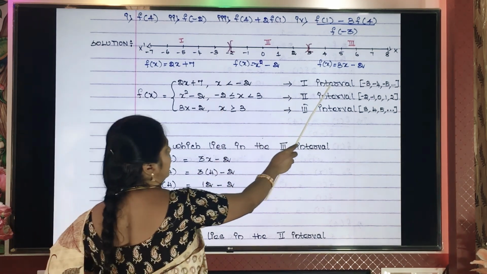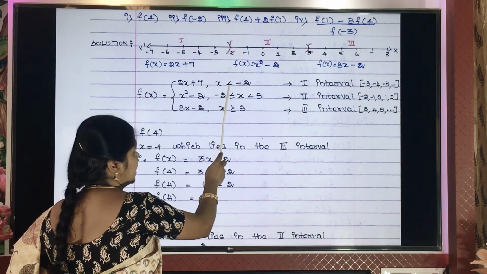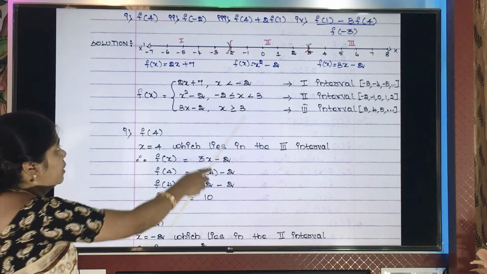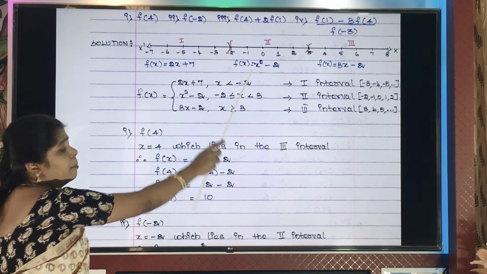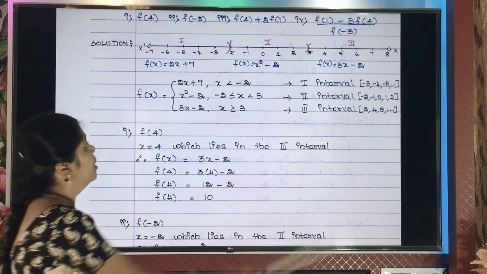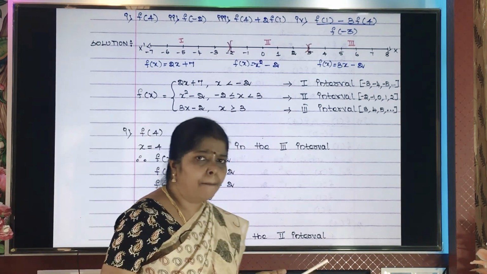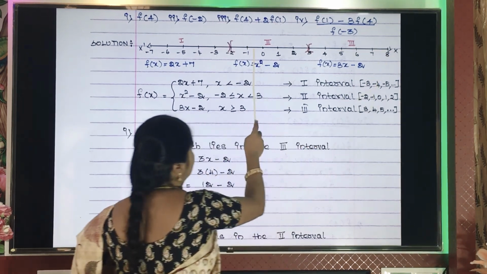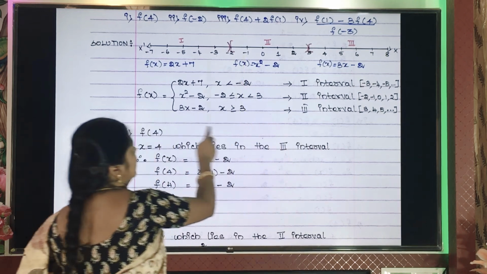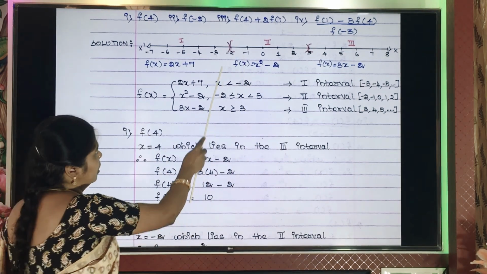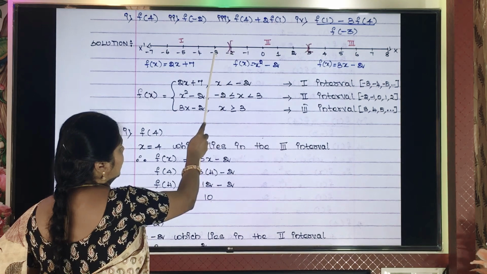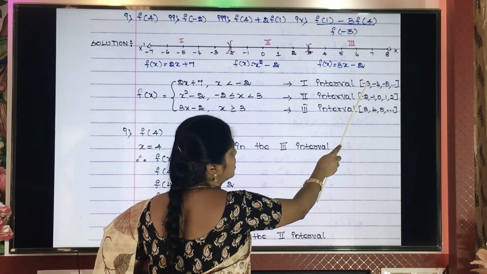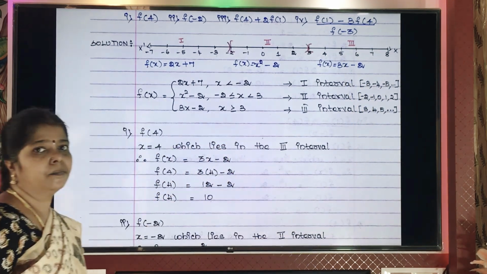The first interval I have written here is x less than minus 2. See, no equal to sign over here. Please don't include minus 2 because there is no equal to sign. So, less than minus 2. I have drawn the number line, with 0 in the middle, positive numbers and negative numbers. Now, what are the numbers that are less than minus 2? Minus 3, minus 4, minus 5, minus 6, minus 7, it keeps going. So the first interval is minus 3, minus 4, minus 5, etc.